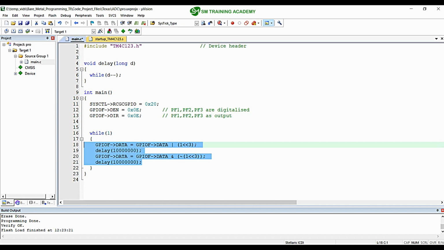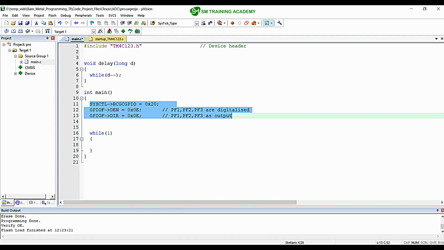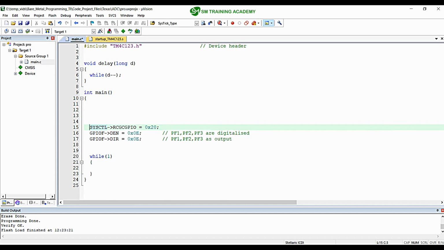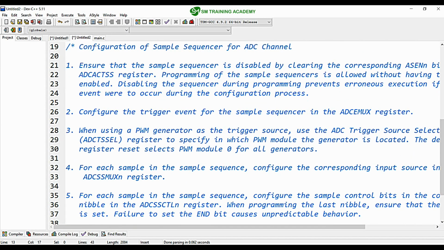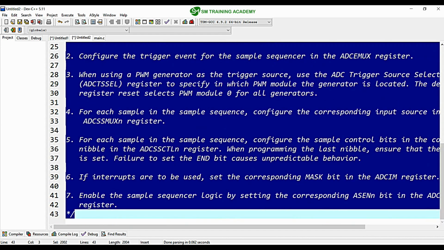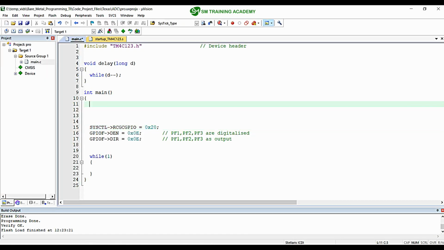So I don't want this blinking process here, so I'm just deleting this, but I want this configuration part, since I'm going to use this PF3 green LED for turning on the green LED if the ADC value goes beyond 2048, that is 50% of ADC value, and I will be turning off the same LED if the value comes below 2048. So let me just use this configuration of green LED. Let me just keep it right below, right over here, and these are all the configurations that we want to do for reading the ADC value from ADC channel, right? So let me just copy this and let me paste it right over here in the main,